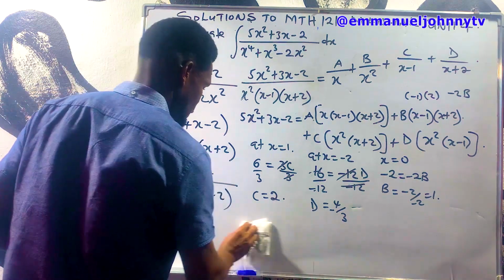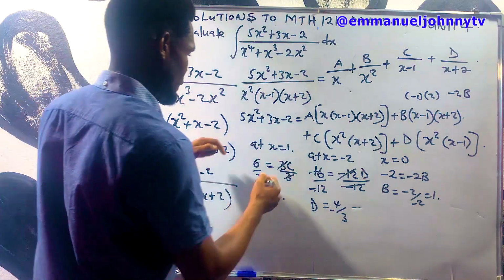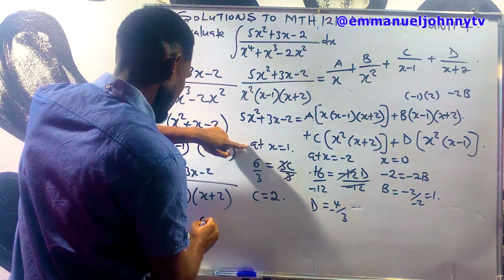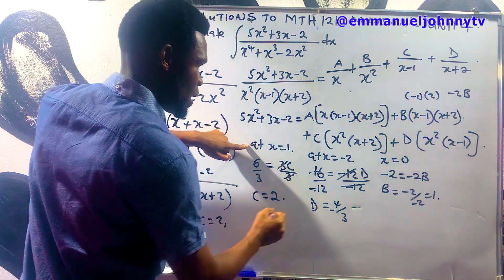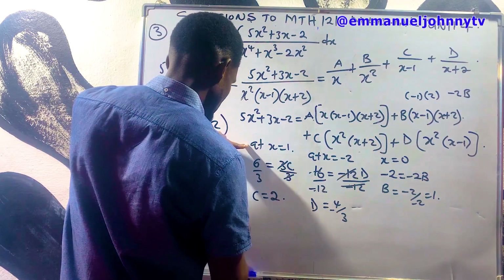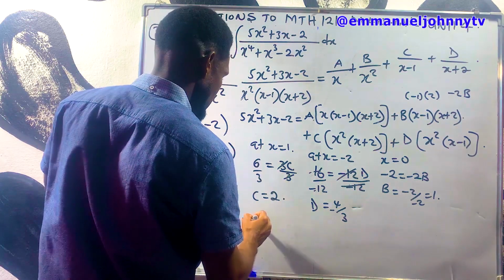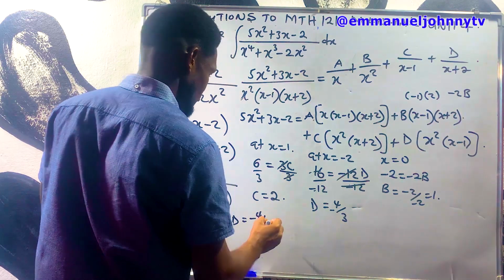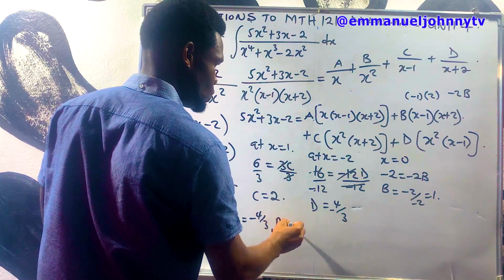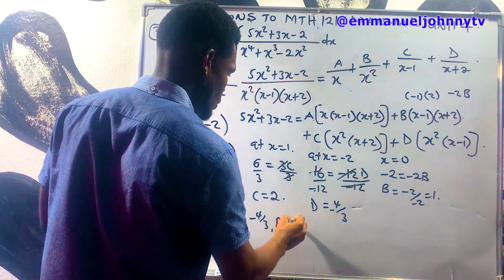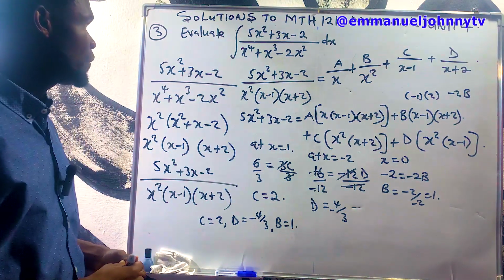Let me see the values I've gotten so far. I have gotten c to be 2. I have gotten d to be minus 4 over 3. I have gotten b to be 1. So what is left for me to find